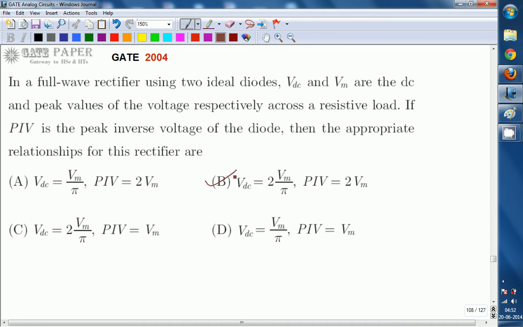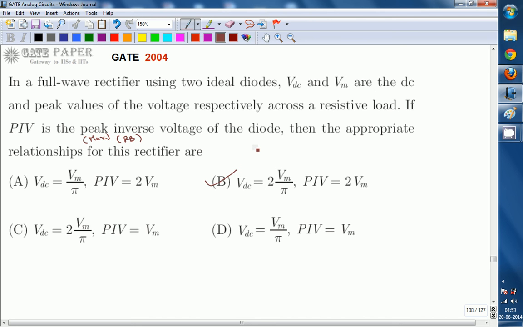So you must know the meaning of PIV. The abbreviation PIV stands for peak inverse voltage. It is the PIV of the diode. Peak means it is the maximum. This is the maximum voltage across the diode whenever the diode is under reverse bias. Inverse implies reverse bias. So peak inverse voltage is the voltage across the diode whenever it is under reverse bias, and peak means the maximum voltage across the diode under reverse bias.